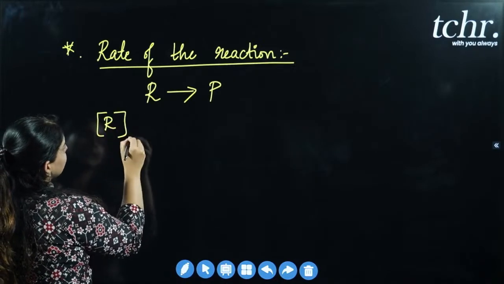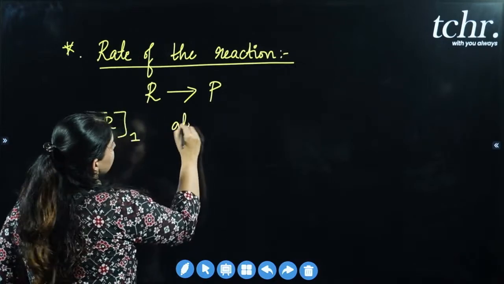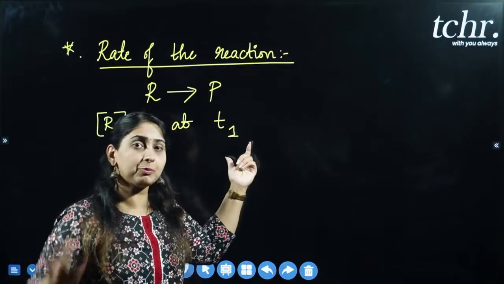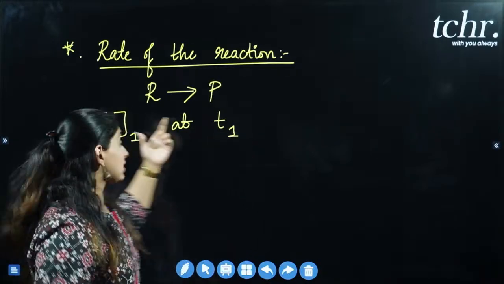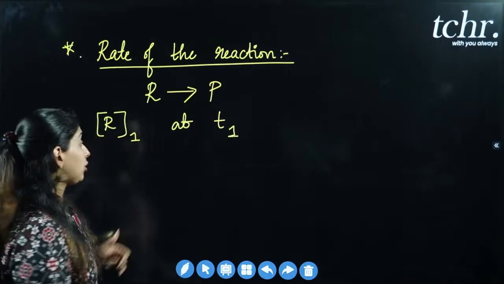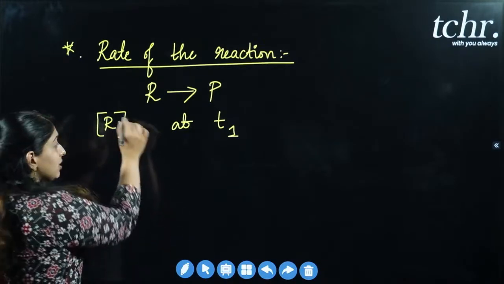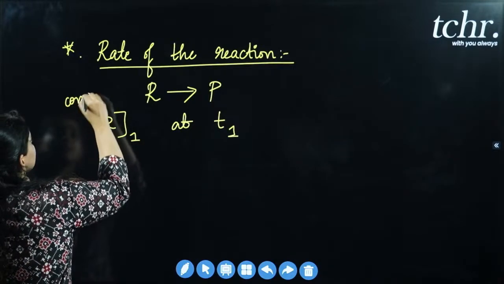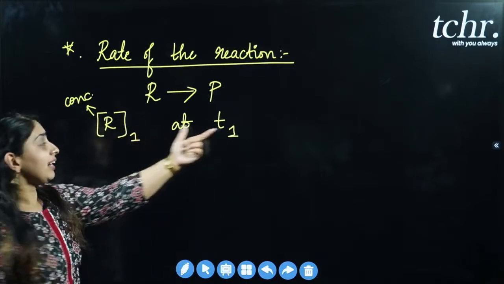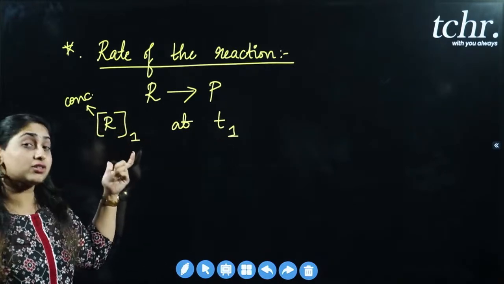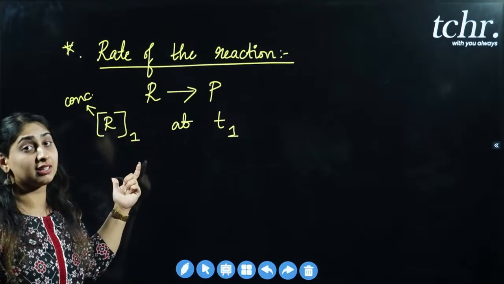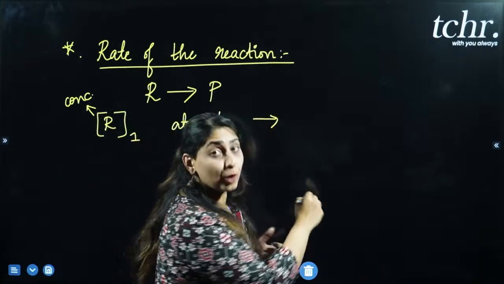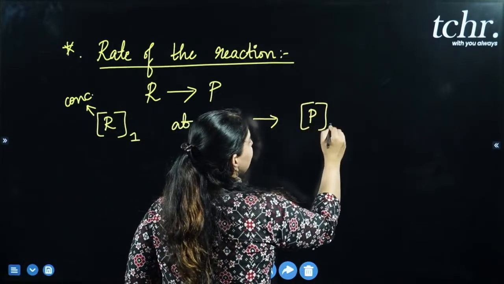Concentration of reactant at time t1, ಯಾವುದೋ ಒಂದು ಟೈಮ್ ಇಂಟರ್ವಲ್ ಅಲ್ಲಿ, okay, we will consider the time interval to be t1. What is the concentration of the reactant? It is going to be considered as [R1]. What does the square bracket represent? The square bracket represents the concentration of the reactants, right? So at time t1, the concentration of the reactant that we have considered here in this reaction is going to be [R1]. Similarly, what will be the concentration of product? The concentration of products will be [P1], right?